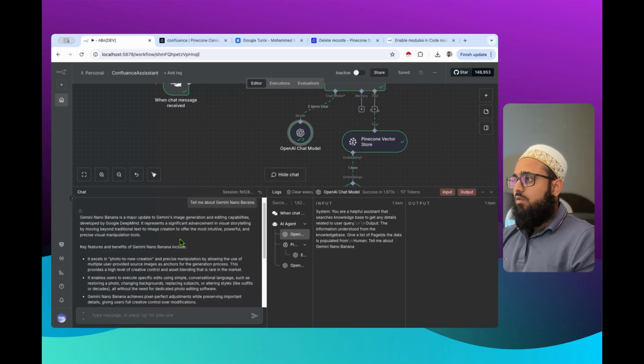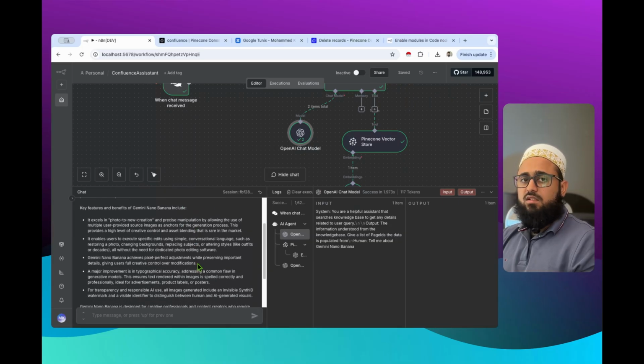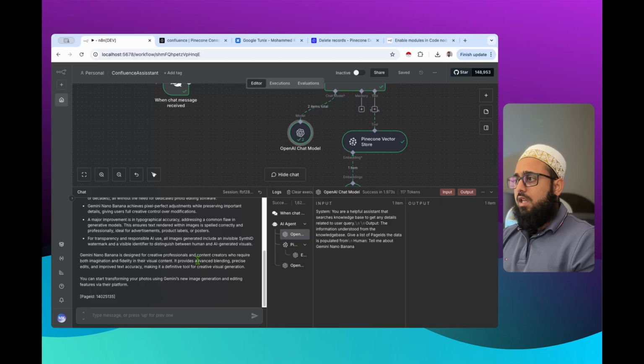And here you can see that it gives you all the information that it has stored on the Confluence. And at the bottom, it also mentions the page ID. So if you're using this on your website where you're fetching all the information from Confluence, this will give you a page ID at the bottom of the response, which will tell you from where it is fetching all that information. Now, let's say if I am getting information from multiple pages, it will display multiple page IDs out here. So if I say,